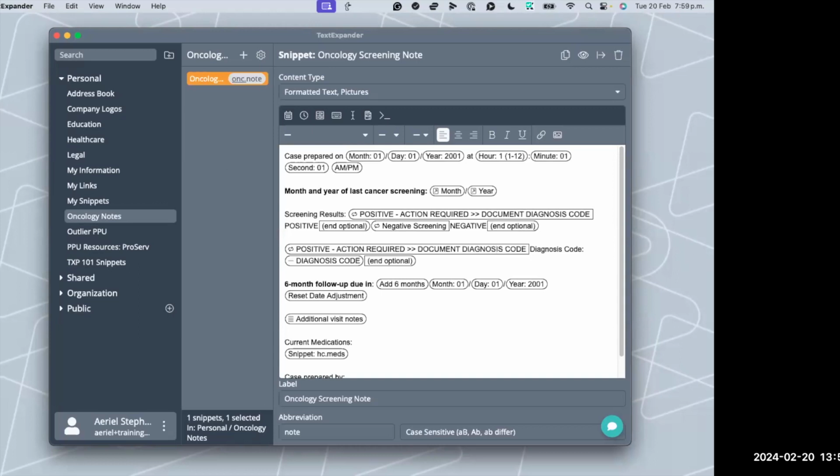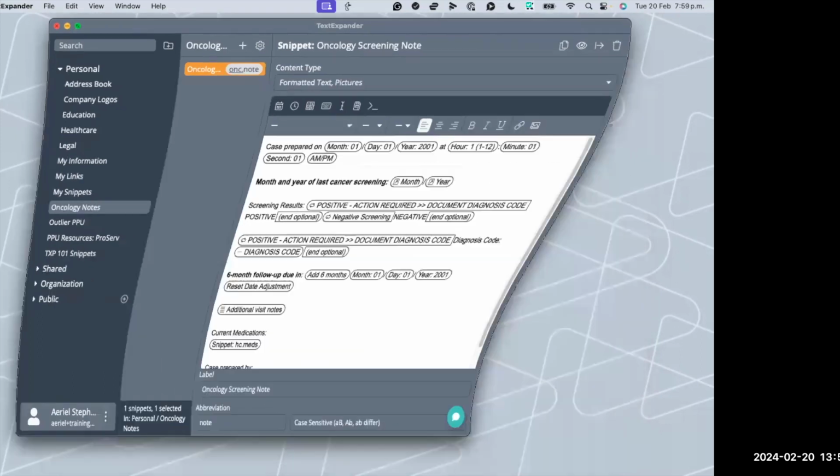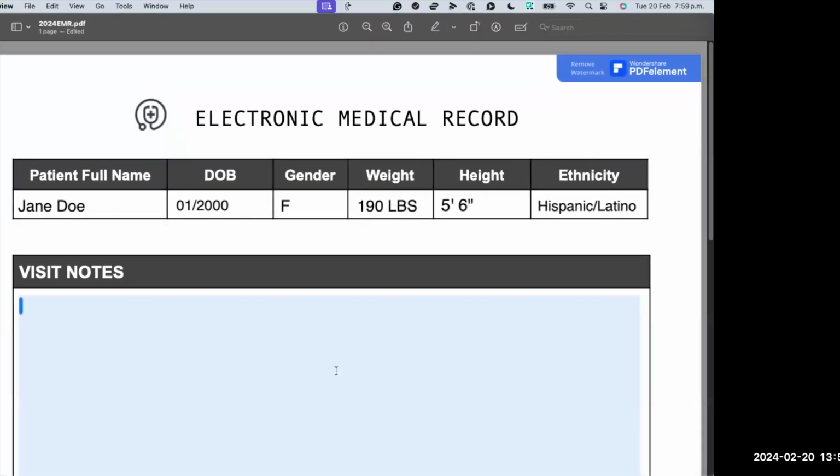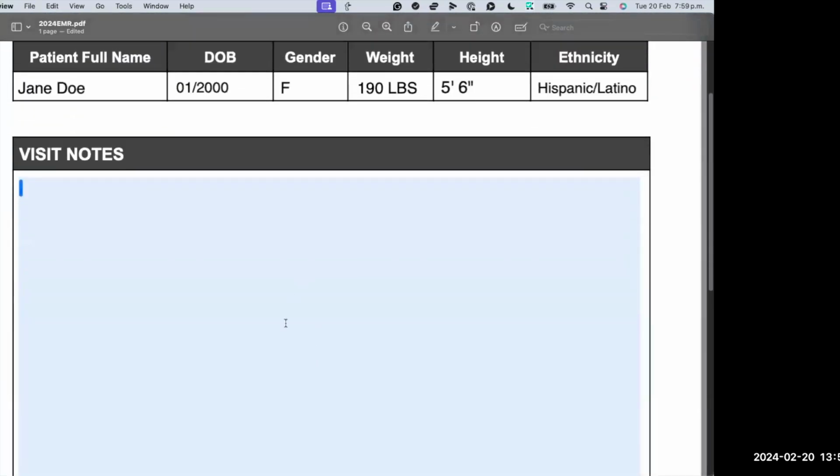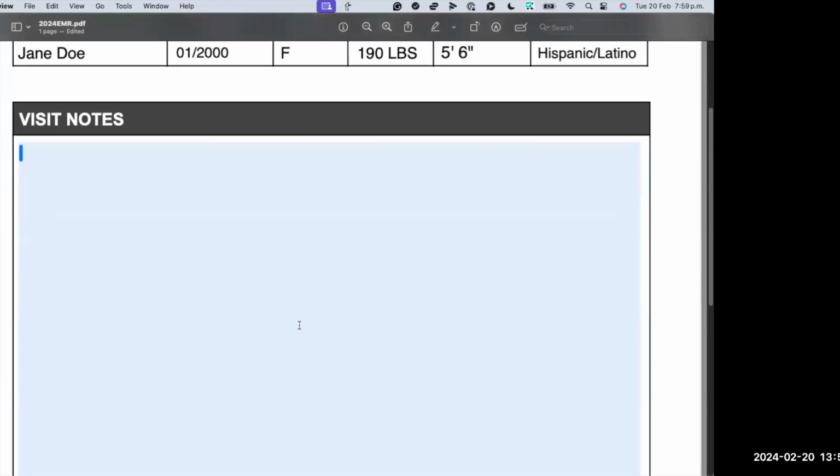So, we are getting towards the end. So, just a couple of things. One thing I don't want you to forget is inline search. So, you could be thinking, how am I going to remember all of these abbreviations as my library begins to grow? You don't have to. Don't forget that we have a feature called inline search. Jennifer, if you don't mind just dropping those shortcuts in the chat for me. But essentially, if you're on a Windows, it's Control/, and if you're on a Mac, it's Command/.